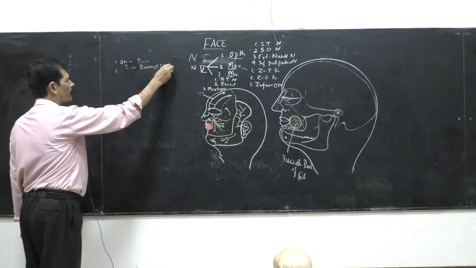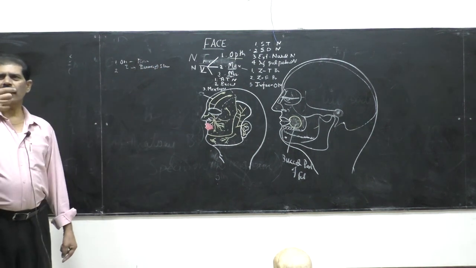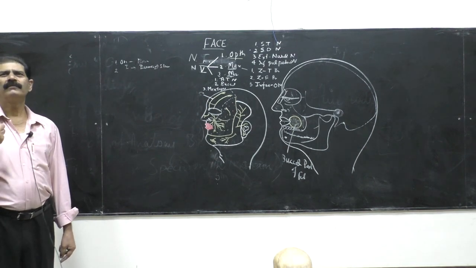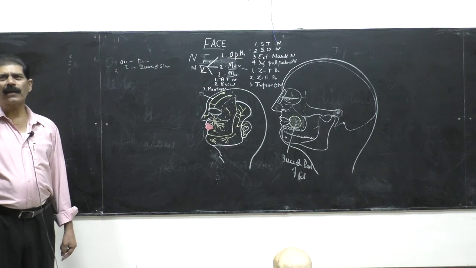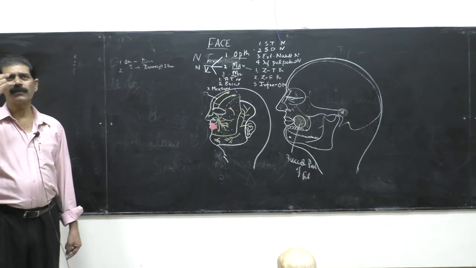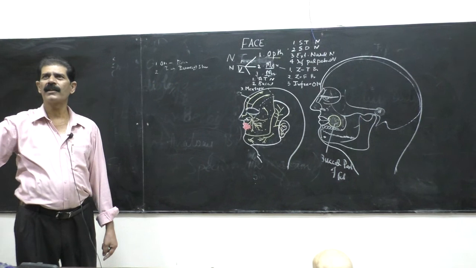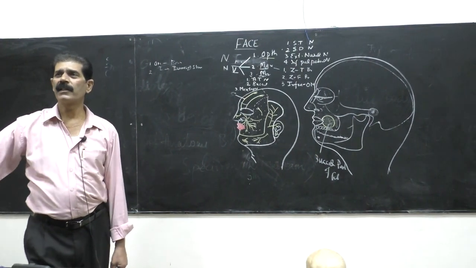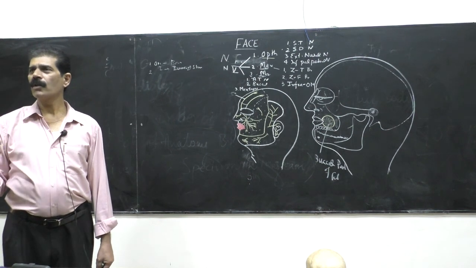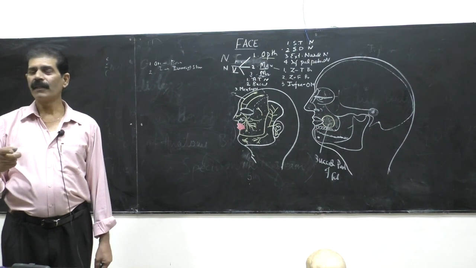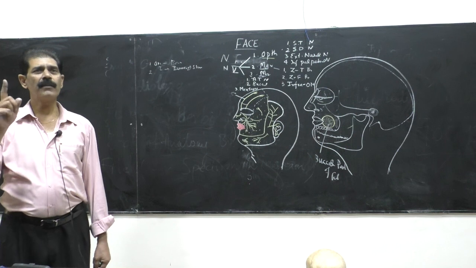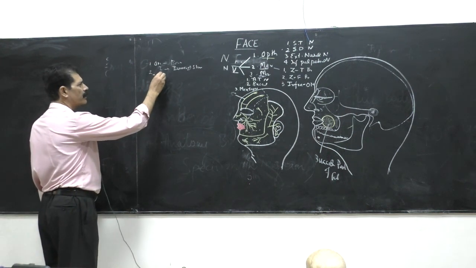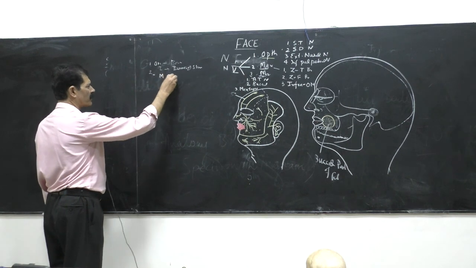So when they are inserted on the dermis of the skin, this is the reason why deep fascia is absent on the face. They take origin from the bone and have to insert on the skin, they have to reach the skin. If there were deep fascia, how could they reach their destination? So when anybody asks you why deep fascia is absent on the face, the answer is because of the facial muscles. They have to insert on the dermis of the skin. And secondly, the muscles of the face are muscles of expression.